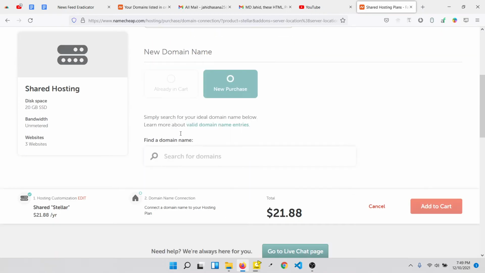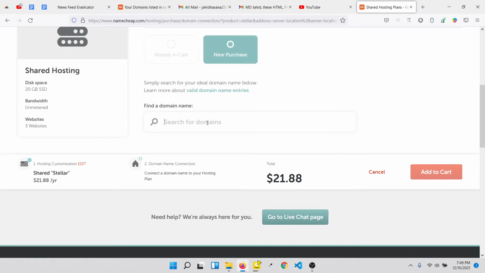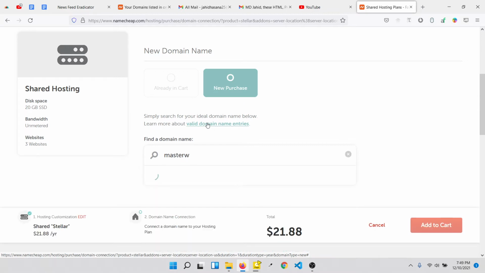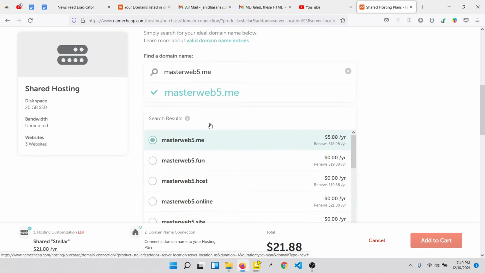So you just simply go to the search bar and write the new domain name, like example master web 5. If it is available, then it comes up, but if it's not available, then it doesn't.